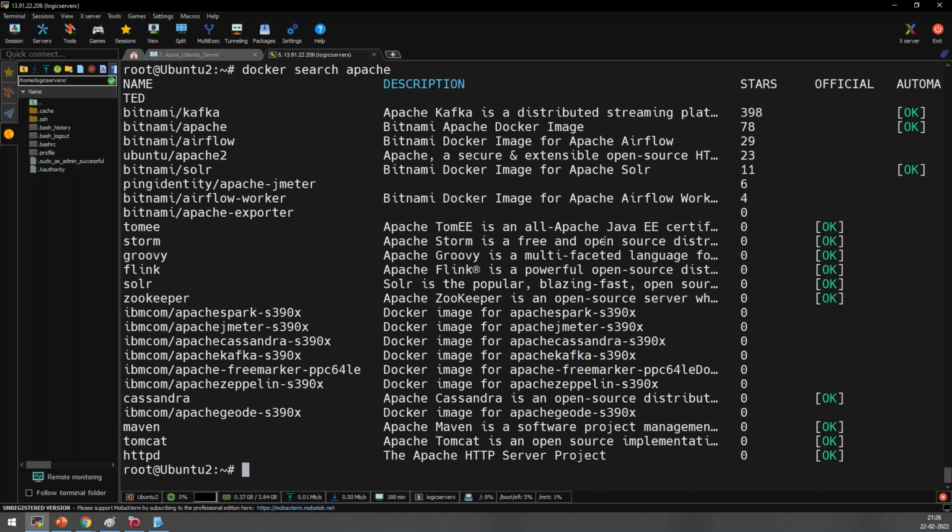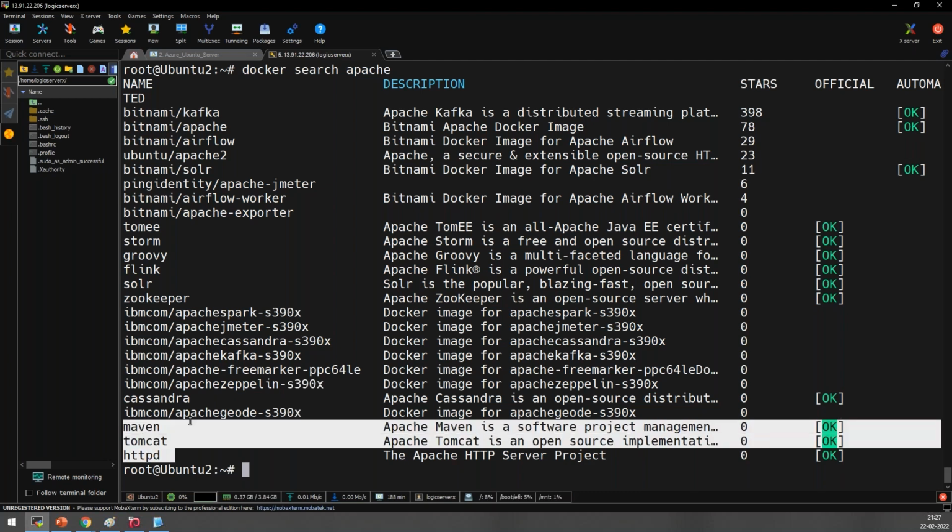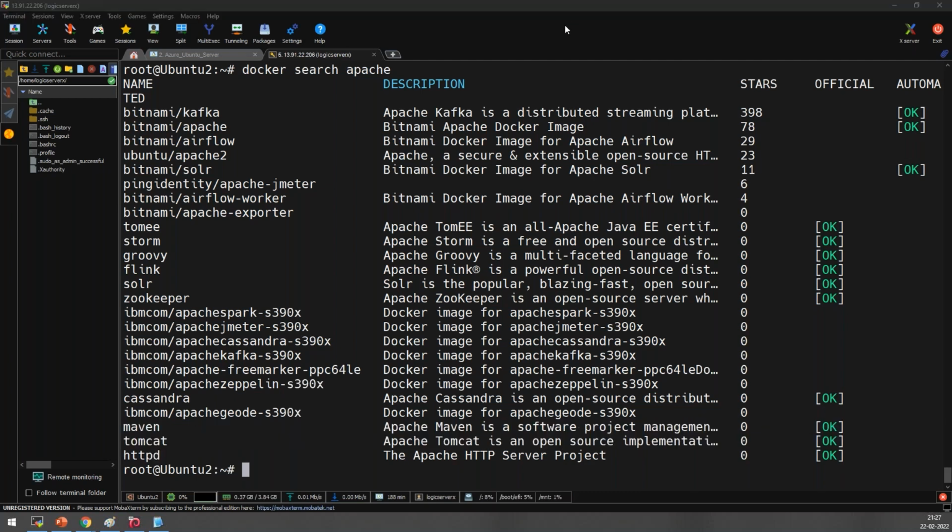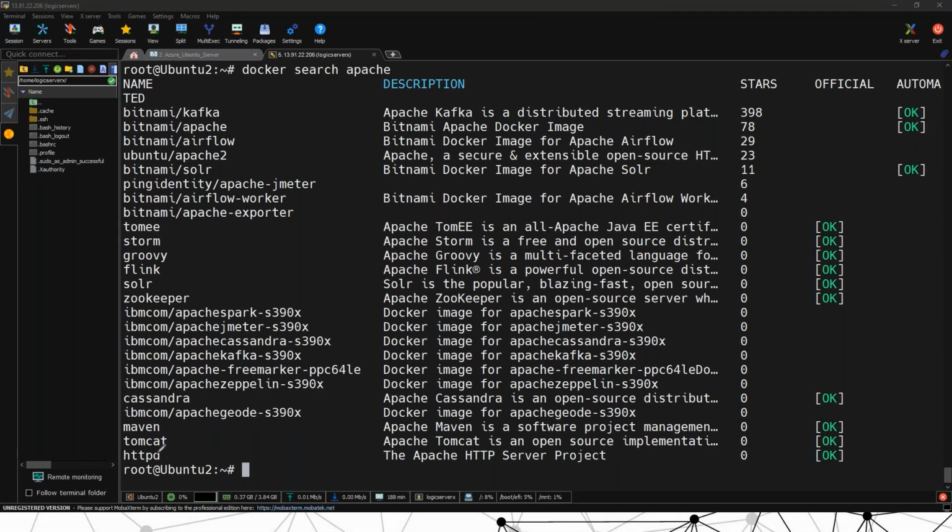Out of these, can you notice a very interesting difference here, team? For the image called HTTPD, it's HTTPD, it's Tomcat, it's Maven, but everything after that has something slash the image name.